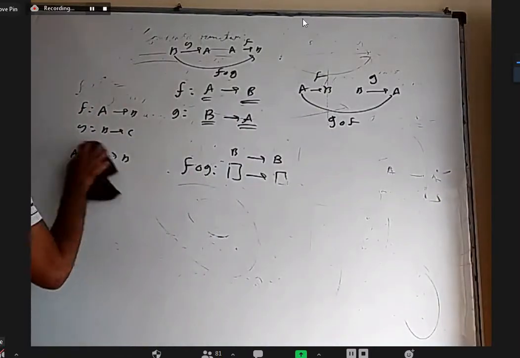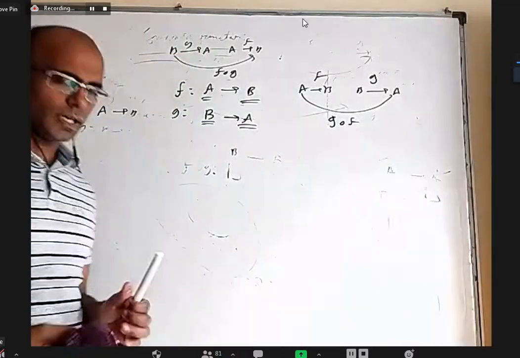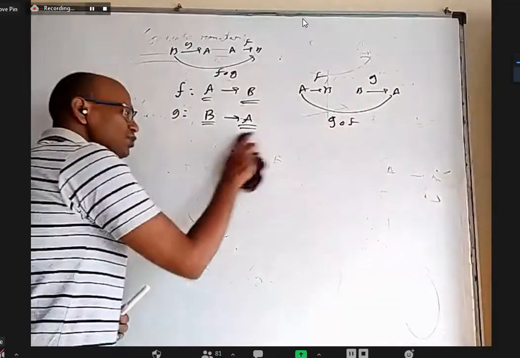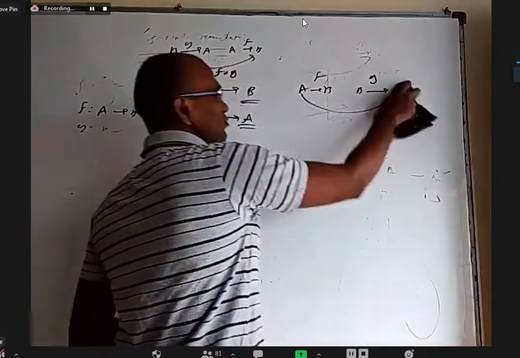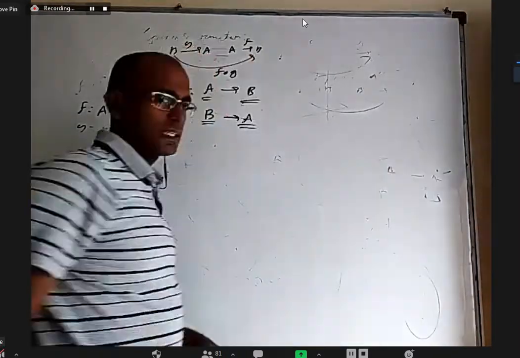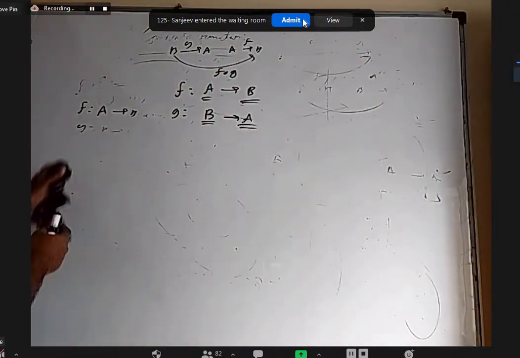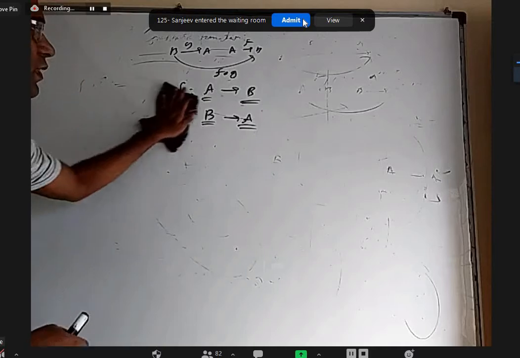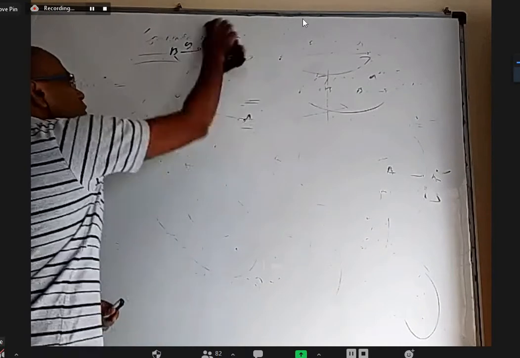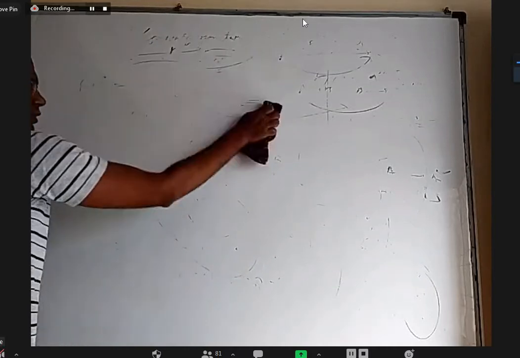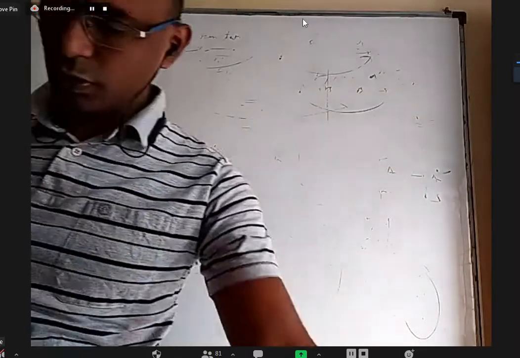There are some theorems related to this composite function. For example, if F is a function and G is a function, for sure whether G circle F will be a function. If F is 1-1 and G is 1-1, will G circle F be 1-1? Or if G circle F is 1-1, is it compulsory that F and G are 1-1? Some theorems are there to analyze it. But before that, some questions don't need so much knowledge, just simple applications only.